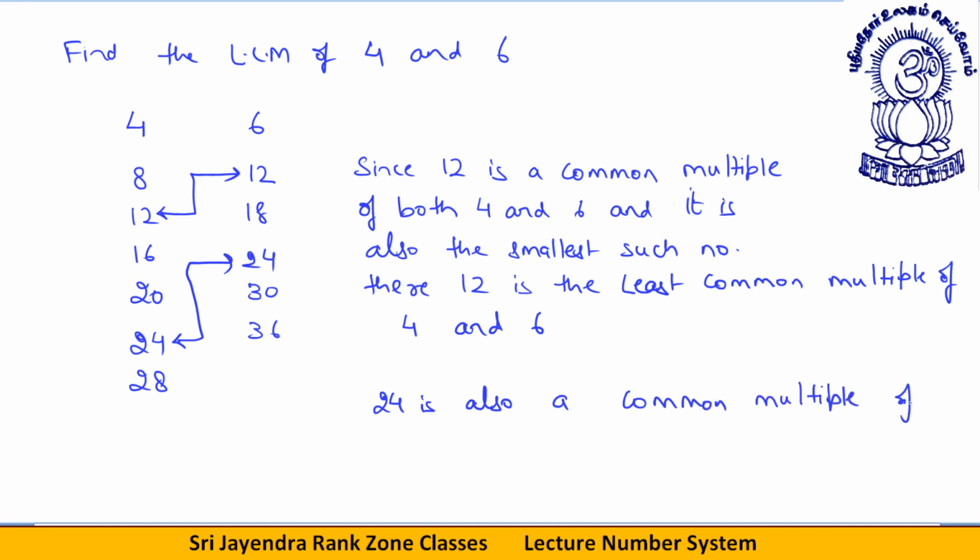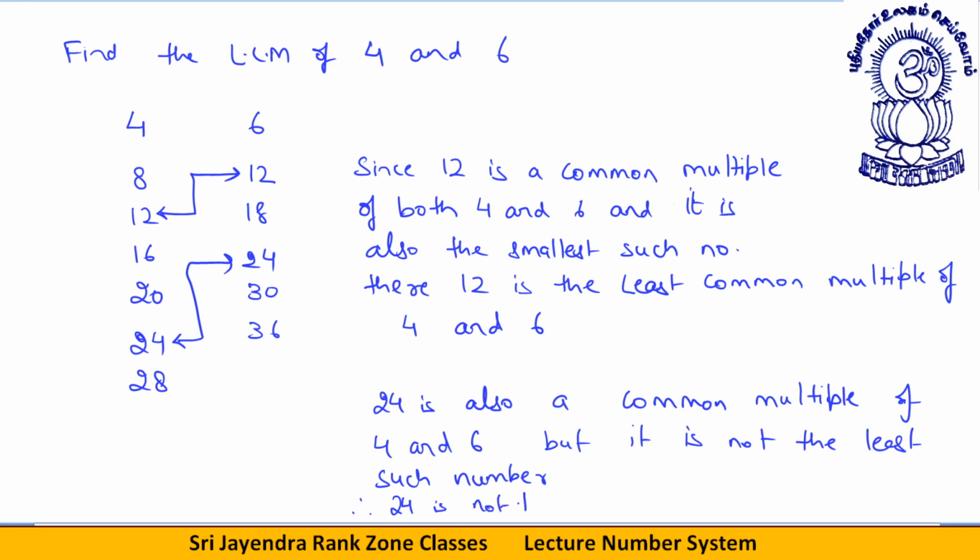24 is also a common multiple of 4 and 6, but it is not the least such number. Therefore, 12 is the LCM, but 24 is not the LCM of